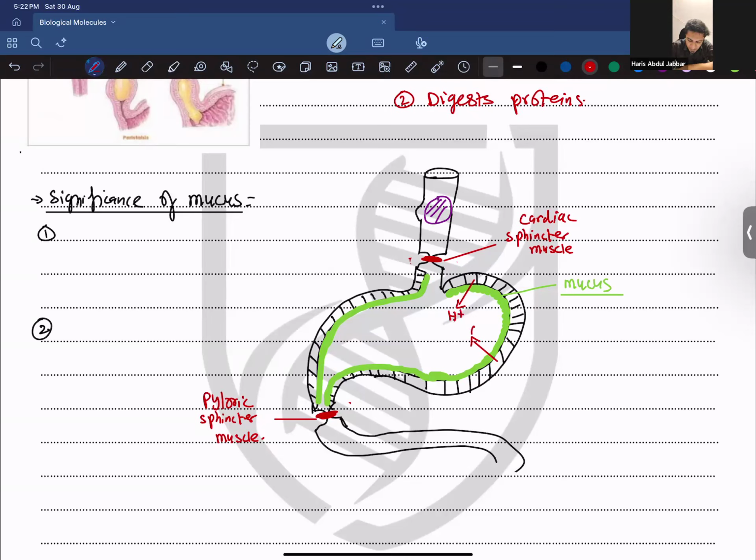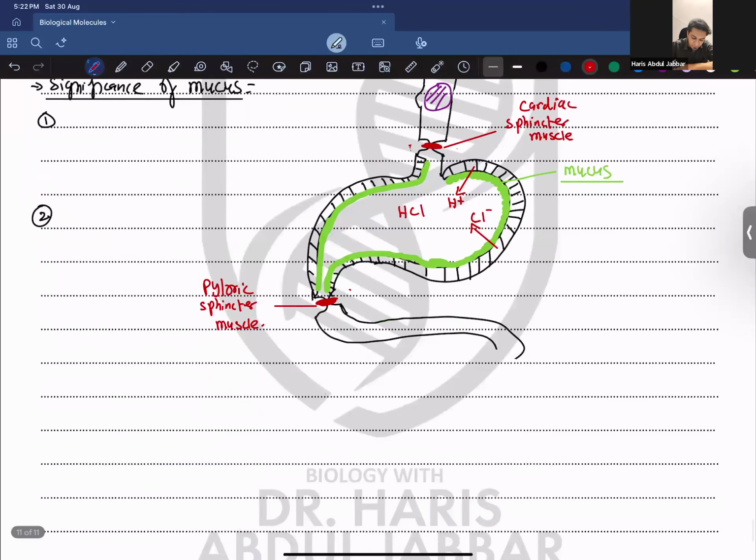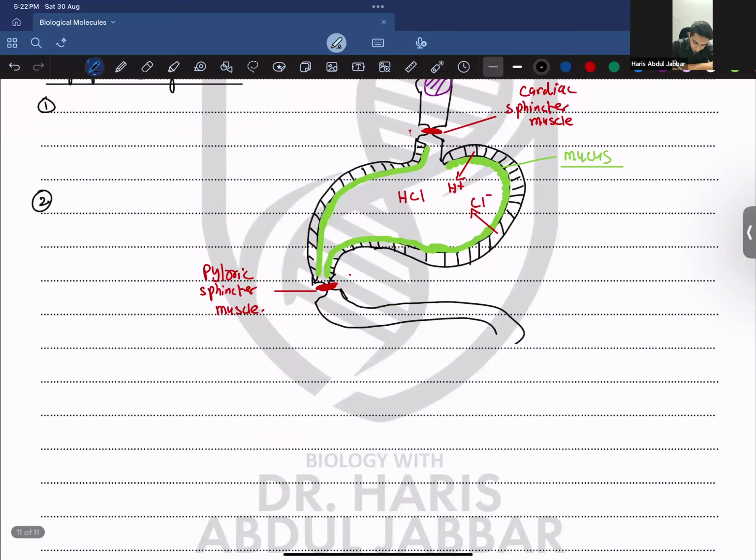Hydrogen ions and chloride ions. The hydrogen and chloride ions, along with some water, they're going to mix with it and form what in the stomach? HCl. ठीक है।